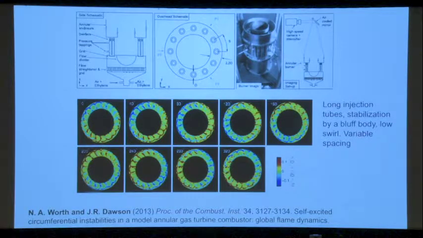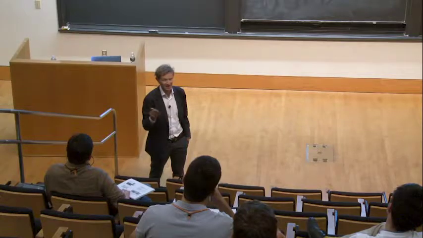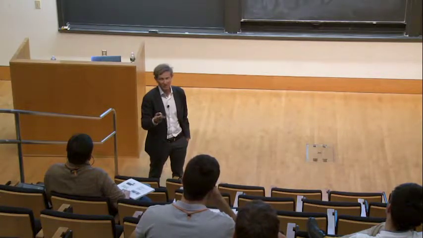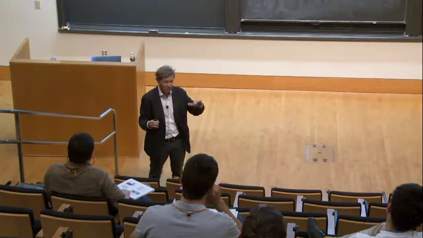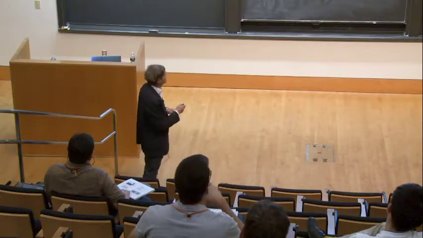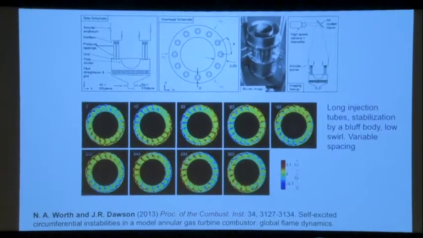What they did is to put a mirror here and look at the high-speed camera from here. And you see the walls, this one is shorter than this one. So they are able also to change the spacing between the injectors. This is a design parameter. How many injectors will you put to get a homogeneous temperature at the end of the combustor? If you put too many, they will be very close to each other. It's very difficult. If you put too few, maybe the temperature will not be very good. So it's interesting to change the spacing, and they were able to change the spacing.